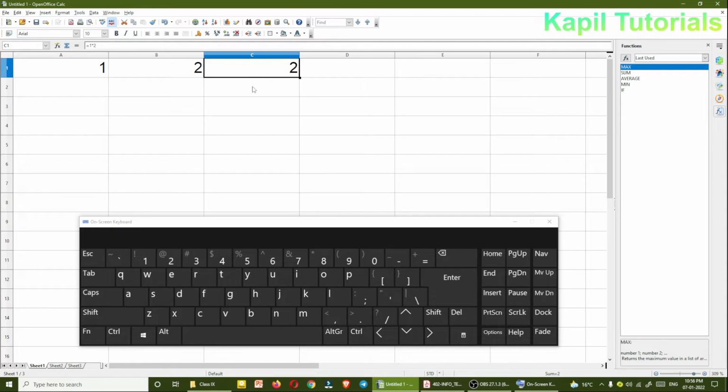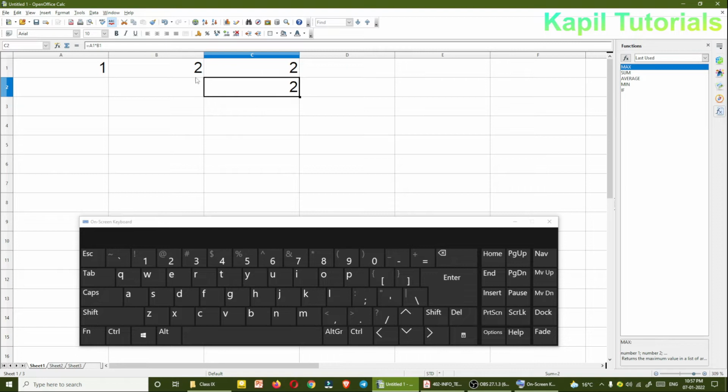But now if I use the cell address, equals, I can simply click here A1, multiply, shift key, and then B2 I can click here directly, and then enter. So at both places 2 is coming, but what's the difference?